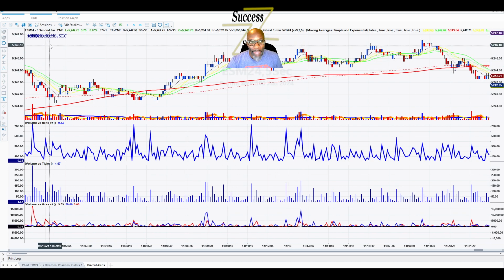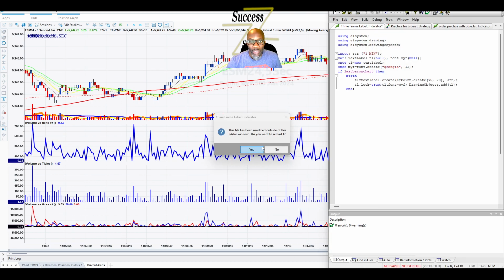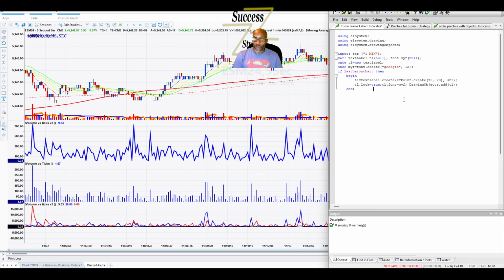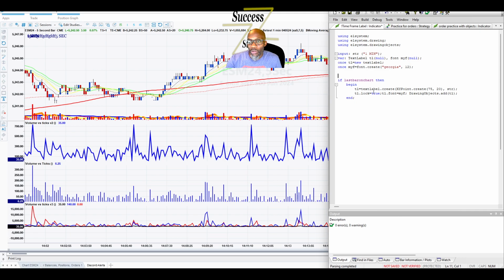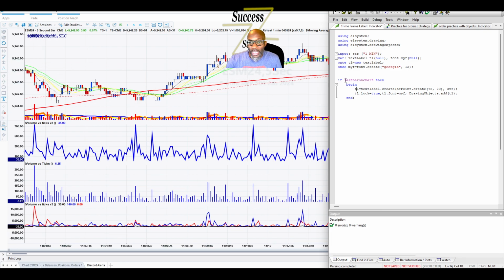I mean, I'm not going to be modifying it, but to keep that from being an issue, what you could do is you could update it on every tick. Let me see if I can do that. So what you want to do is you want to put in a method, because this is creating a new text label, or maybe, you know what, I'll just do it once,